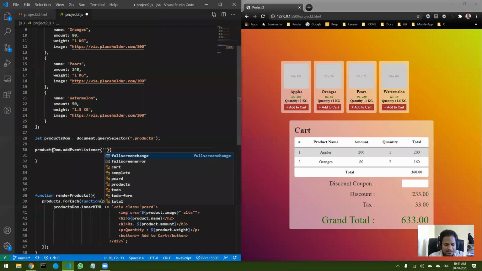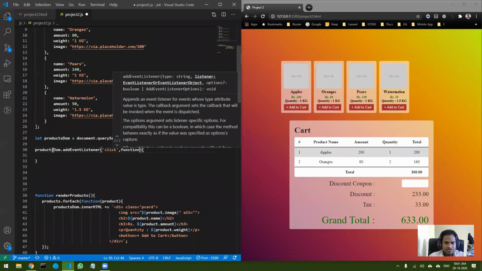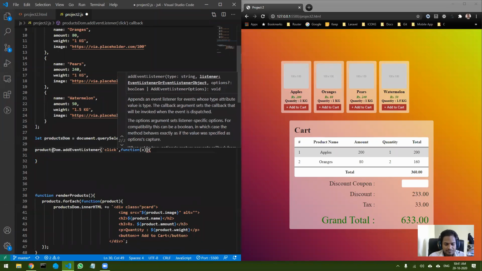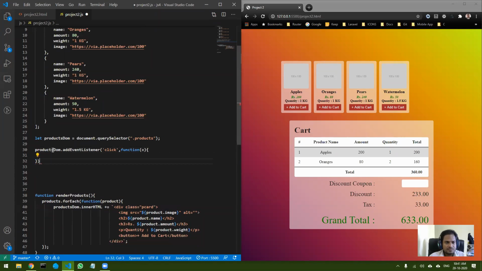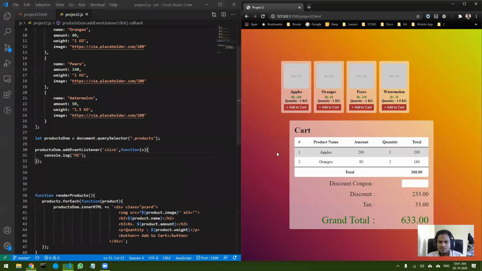So let me add the click event listener, and function e. I have added the event listeners. Right now, let us do console.log and see if everything is working.